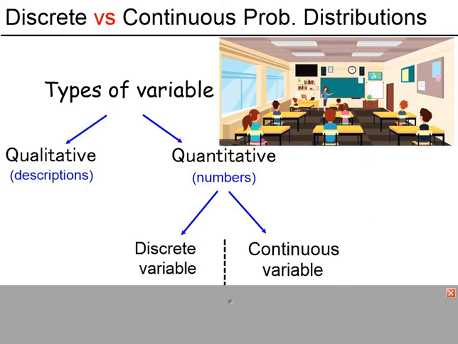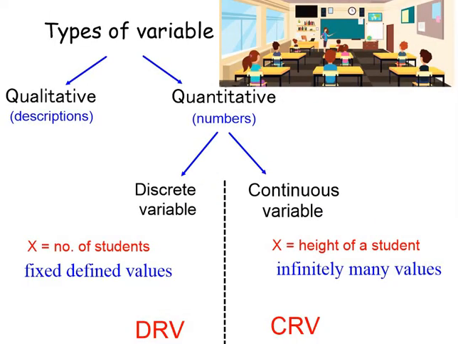weight of a student. If we randomly select one classroom in a school and count the number of students in that classroom, then x, the random variable representing the number of students in that classroom, is referred to as a discrete random variable. We're counting the number of students, hence the discrete. We randomly selected the classroom, and from one classroom to the next the number of students can vary, a discrete